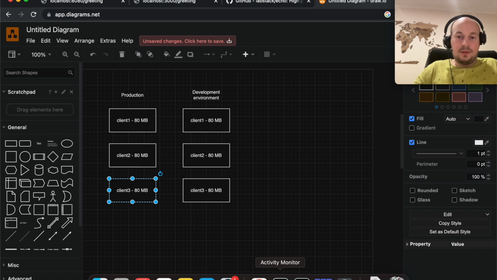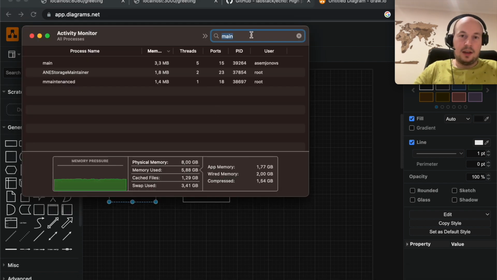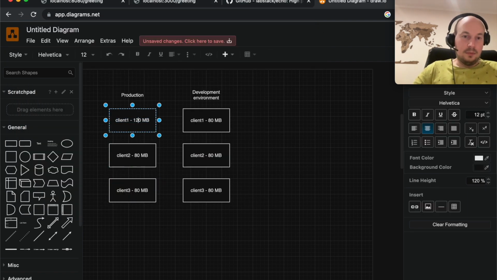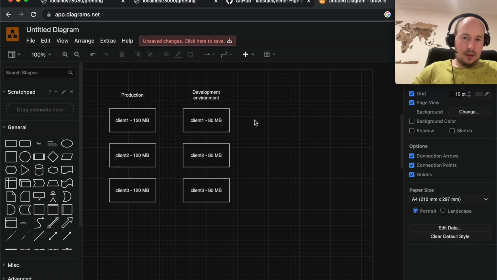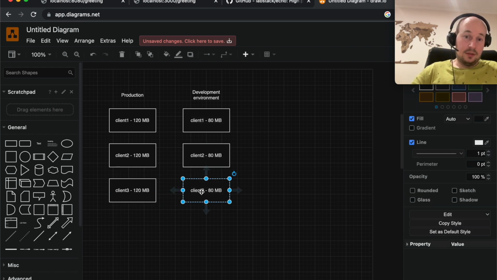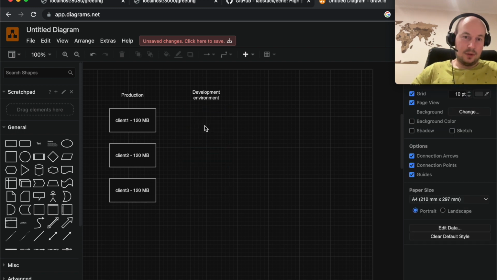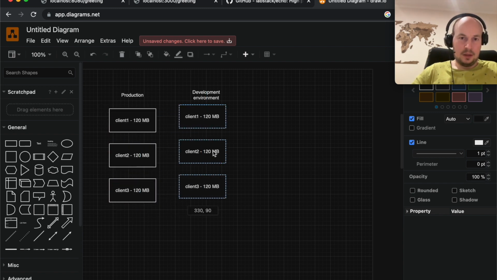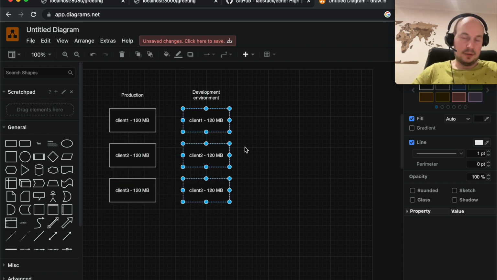In case of what we had just now, 120, well, it's a bit more. All right, let's assume it's 120. And now we also need to take into account that when we develop stuff, we also have these instances running somewhere for testers to check or whatever.